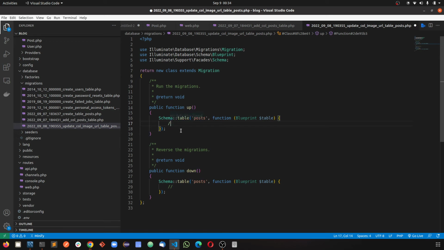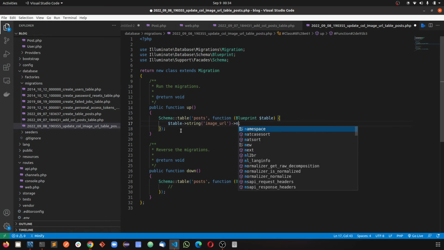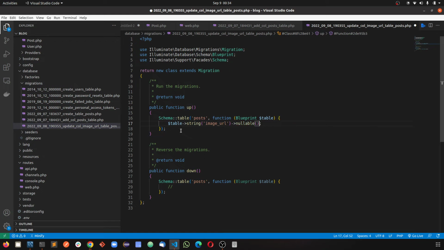Table is post. We need to change this column, right? We need to change the type of column. Type means I'm going to change it to a nullable column. I also need to add the change, right? Also,